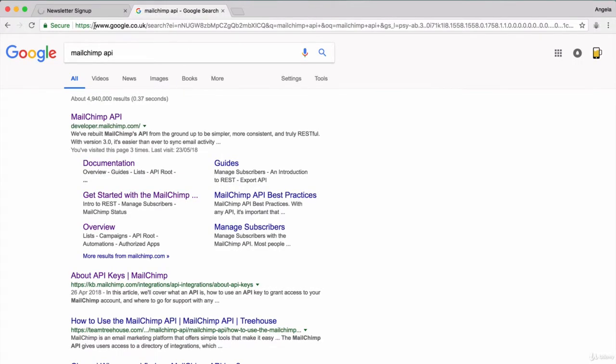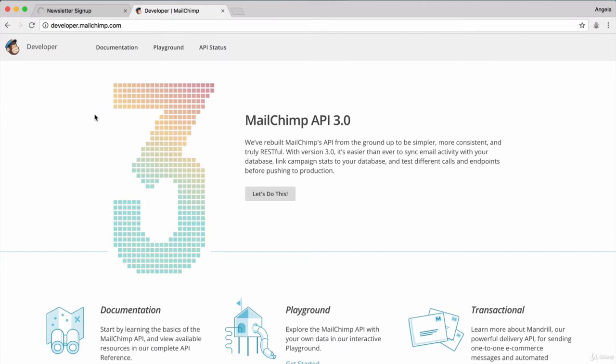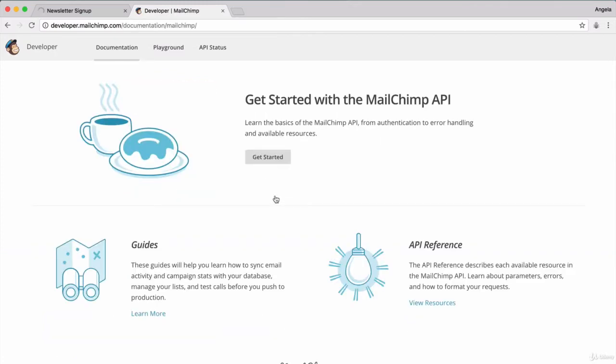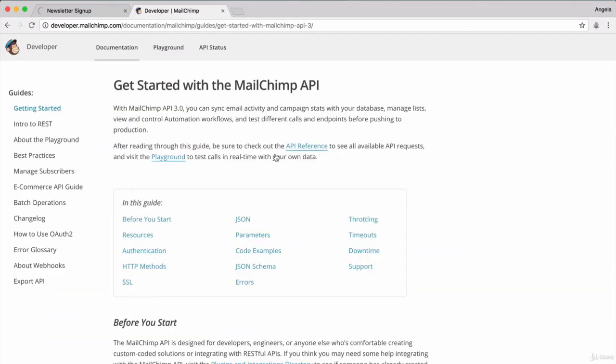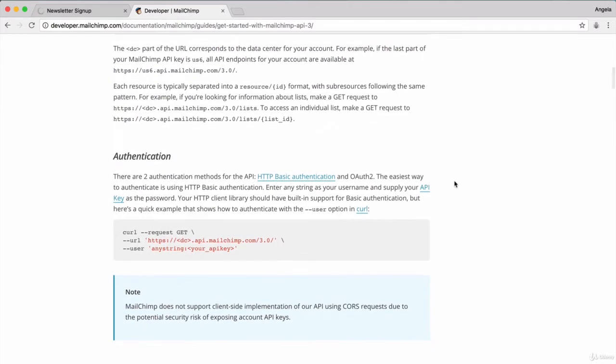So if we Google for MailChimp API, then we get taken to developer.mailchimp.com. And this is the documentation for MailChimp's latest API, version 3.0. So we're going to go ahead and click Let's do this, and we're going to get started with the MailChimp API. Now, as they say here, in order to use the API, we need to get an API key to